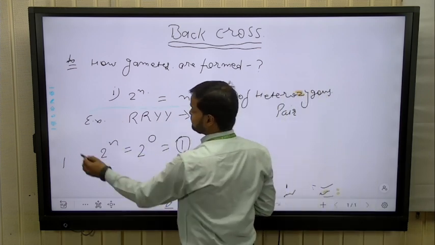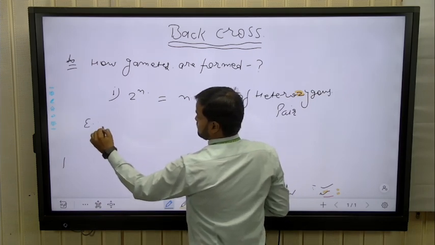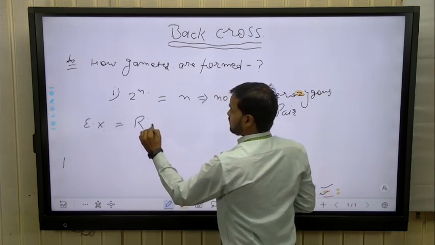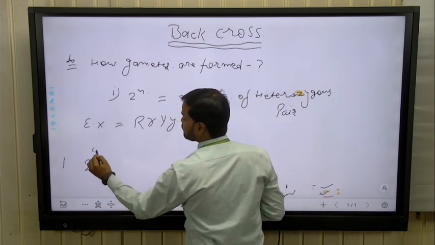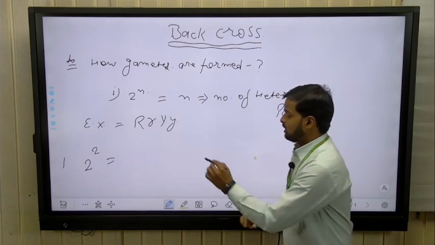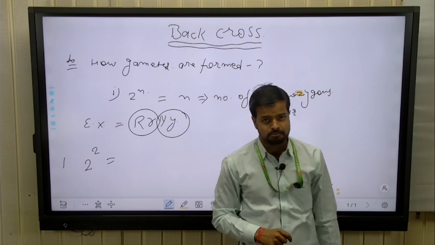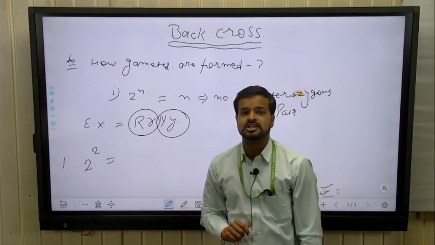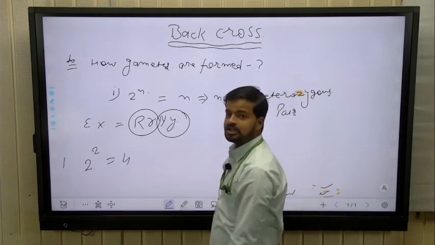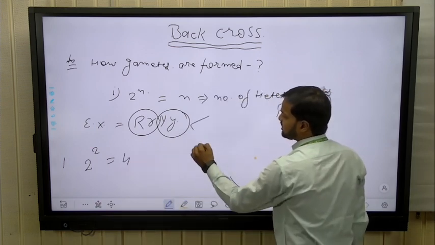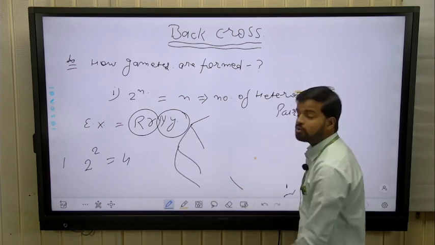Another important example, and our value is what? 2, because this is another homozygous pair and this is another homozygous pair. That means in this genotypic composition we only obtain 2 heterozygous pairs, and when we put the value in this trick, the result is what? 4. And how are the 4 gametes formed? Because it is real, in this type of genetic composition we obtain 4